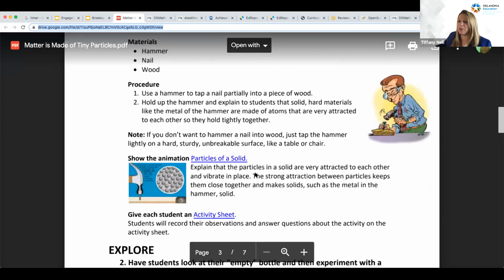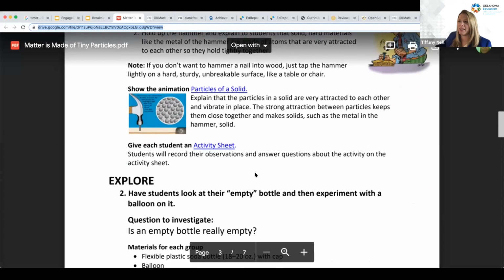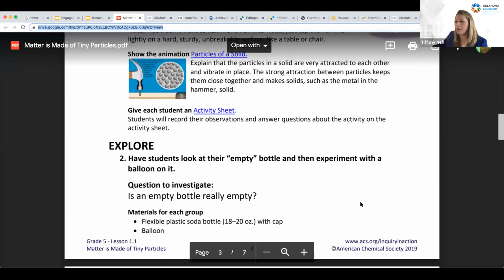All right, I'm going to scroll down just a little bit more here so you can get a feel for this lesson. All right, maybe a little bit more.